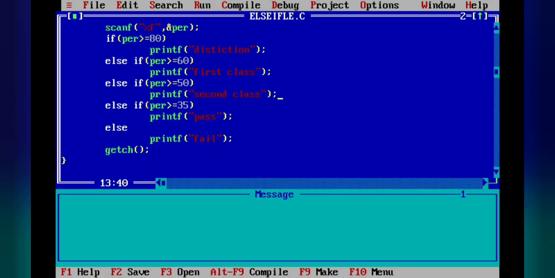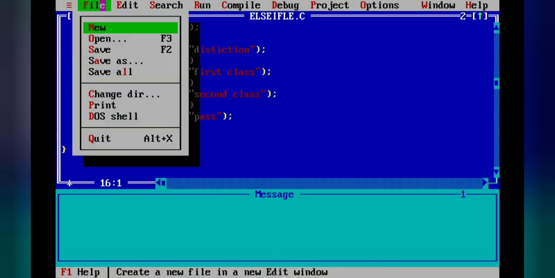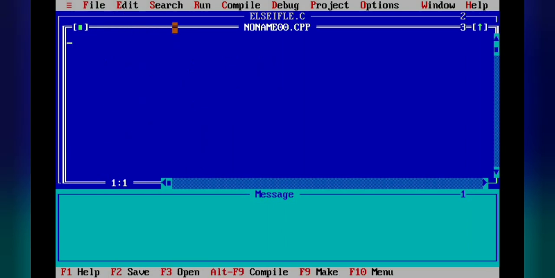So here we have opened our Turbo C++ software. Now we will create the program of a switch. So now we are opening the new program. Again we will begin our program with the hash include header file stdio.h, void main. Spelling must be correct, we have to check that. Starting curly bracket, then after that our variable name.